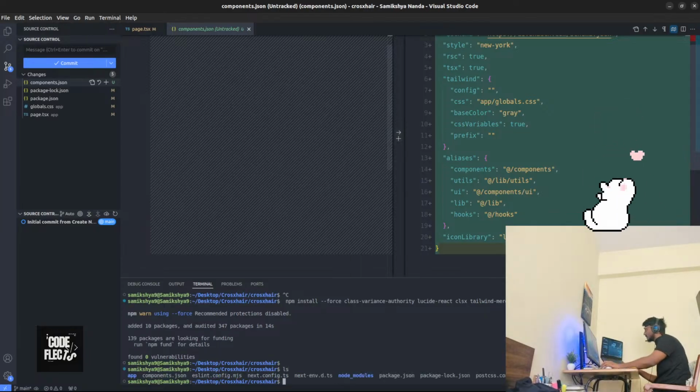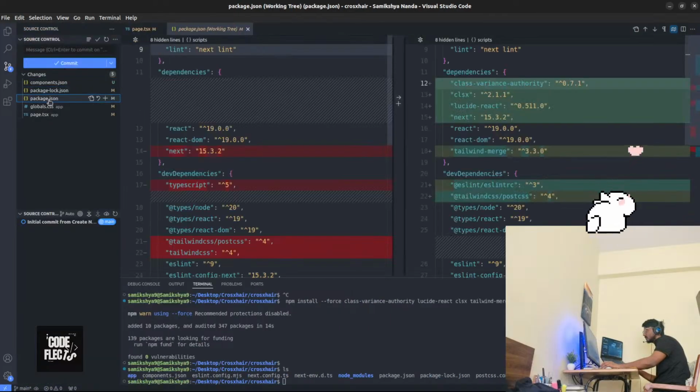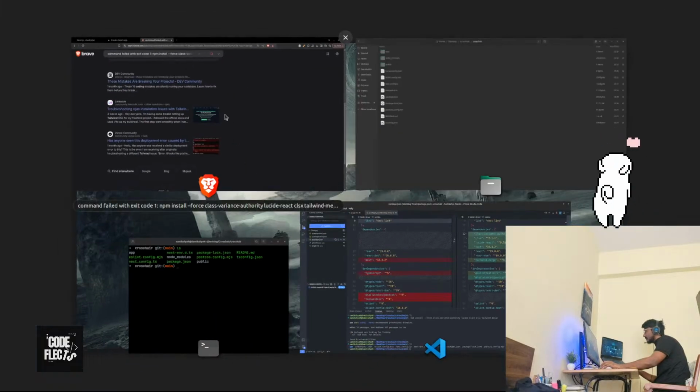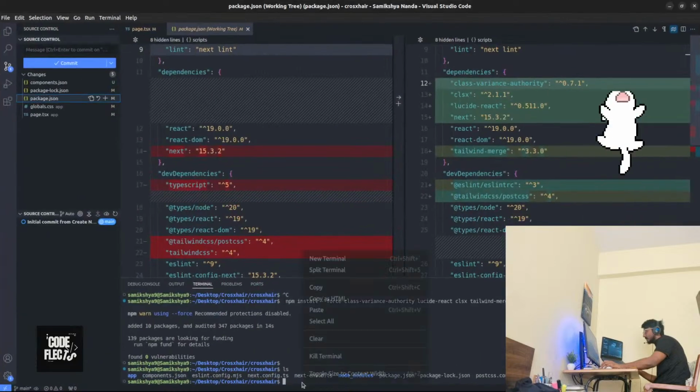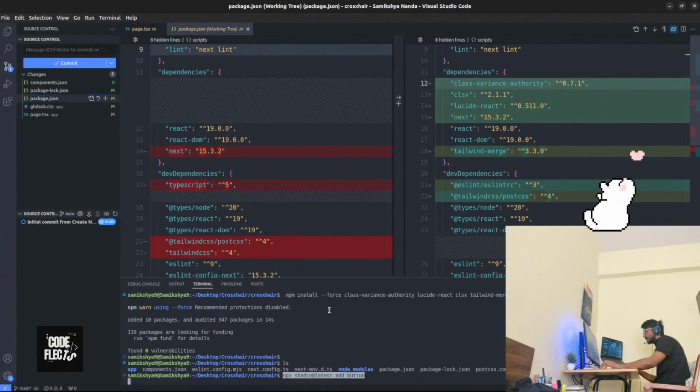So there are basically 0 vulnerabilities now. I don't know how it created those, but anyways, let's test this thing right now by creating a button, adding a button. Yeah, so if we add this button, it should basically